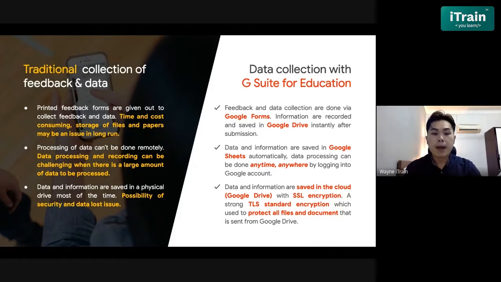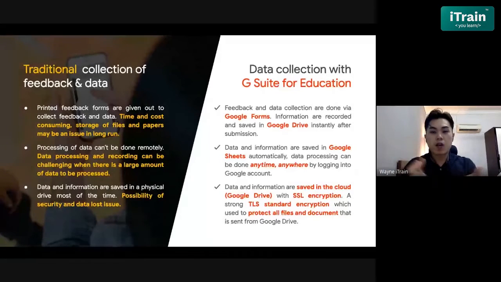I remember back then, when I was in college, the college collected my information and data through paper, and then they put it into a file. Over time, they would have a lot of files to be stored in a room. Sometimes things might happen, such as a fire and everything gets burned off, or a thief and the data gets stolen. So we do not want all that to happen. Which is why